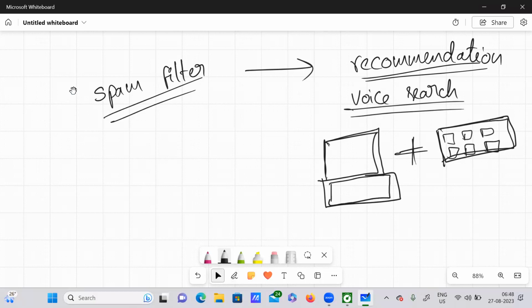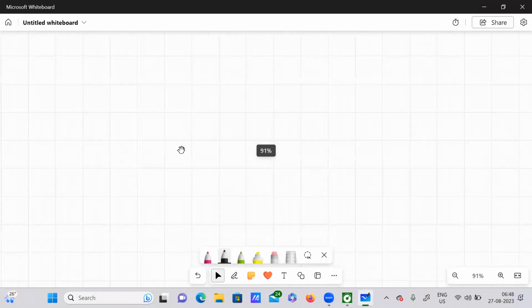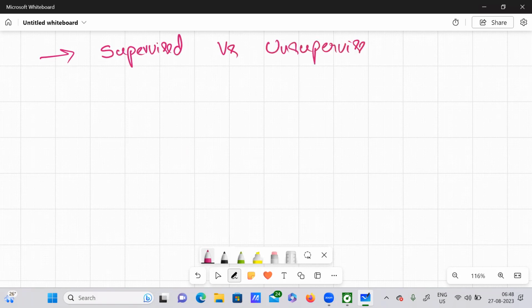Okay. Now, in this particular series that I have started right now, first of all I'm going to tell you supervised learning versus unsupervised learning. I want to explain supervised and unsupervised in greater detail so that you will understand better.